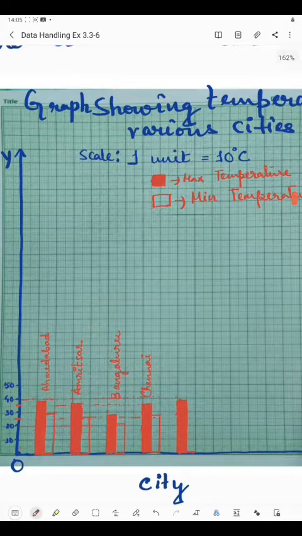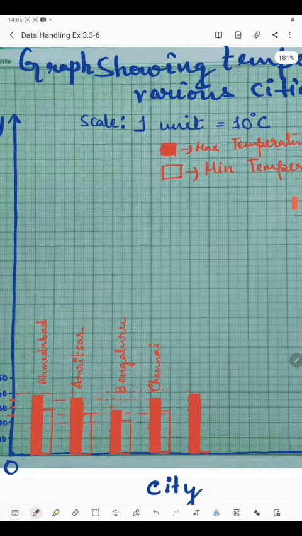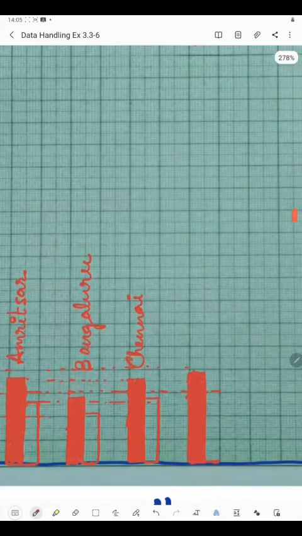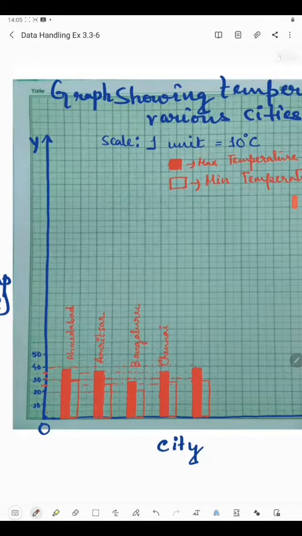Now minimum temperature is 28 degrees Celsius. So 30 is here. Here is showing 30 degrees. So 2 degrees less than this. So 2 degrees less means here. Right. So we will leave it blank. So this bar represents maximum and minimum temperature in Delhi. So again we will leave one box and then 5 boxes for showing maximum and 5 boxes showing minimum temperature